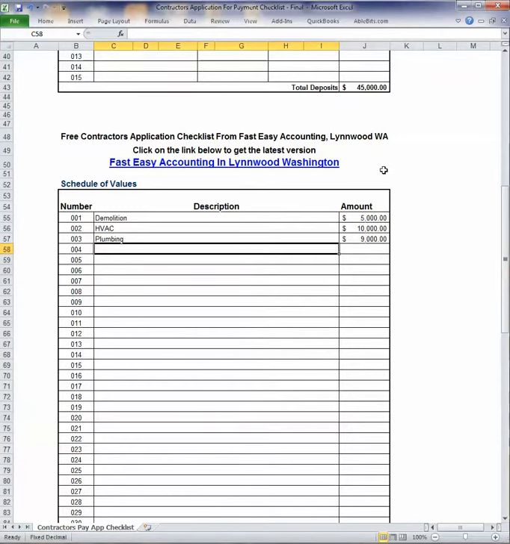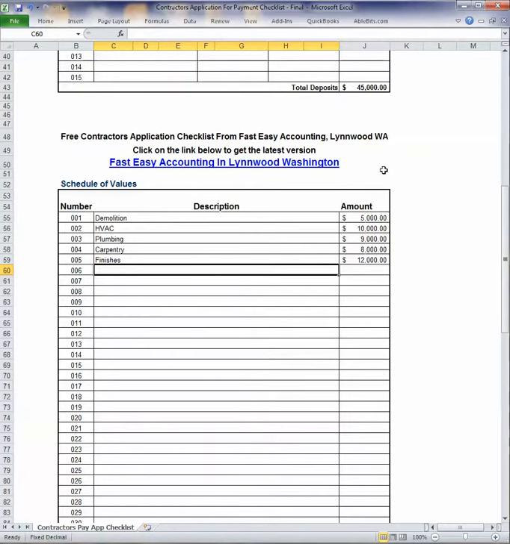Then there is some carpentry involved. That is $8,000. There are some finishes, $12,000 in finishes, and it'll just keep going on and on and on,